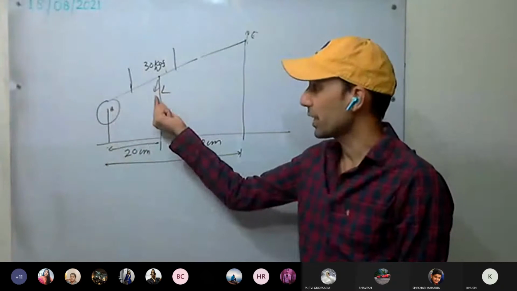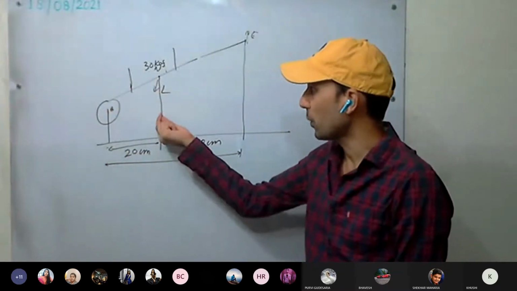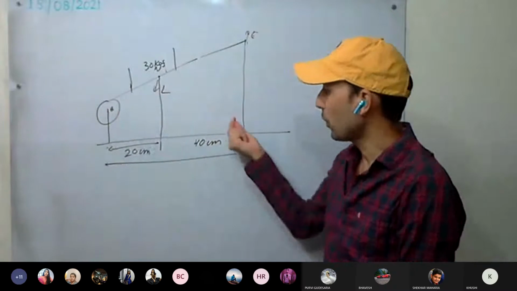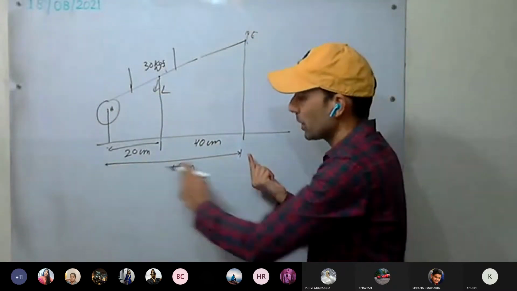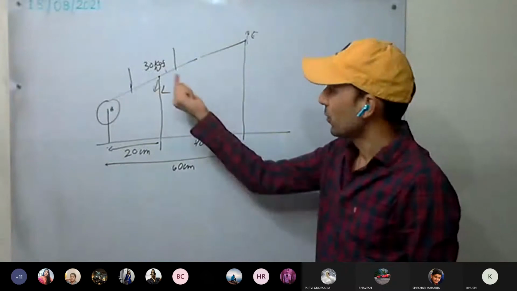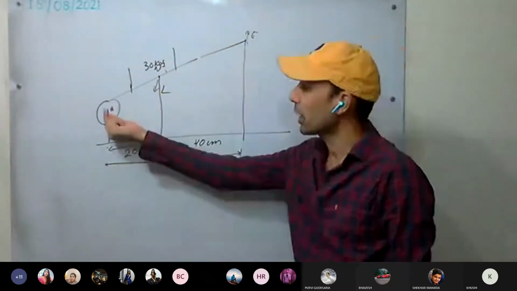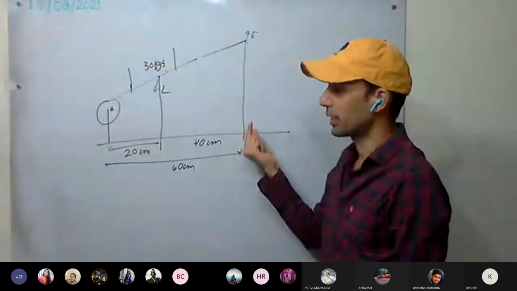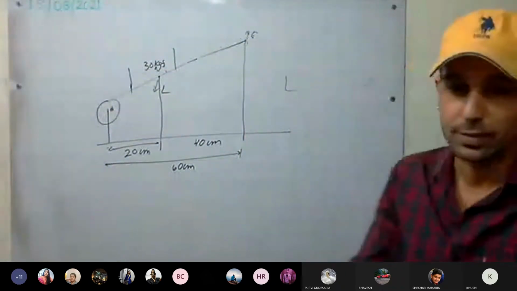From the fulcrum, we always take from the axis, from the fulcrum. So the load arm is how much? 20. From here, it will be how much? 60 centimeters. So the effort arm is how much? 60 centimeters. From load to effort is not the effort arm. Effort arm is from the fulcrum to the effort. Always remember that. We have discussed it earlier.